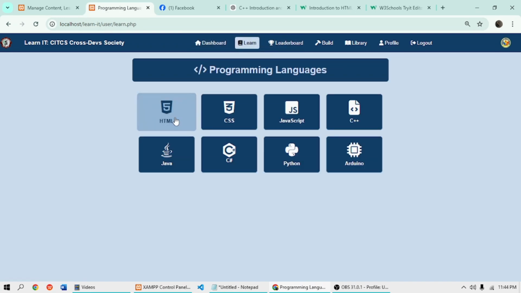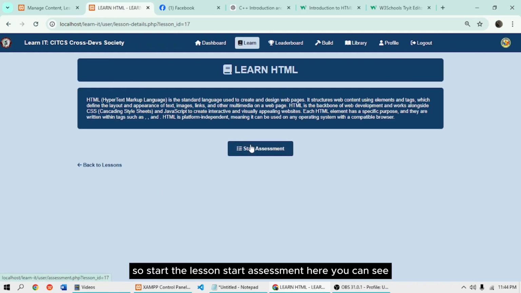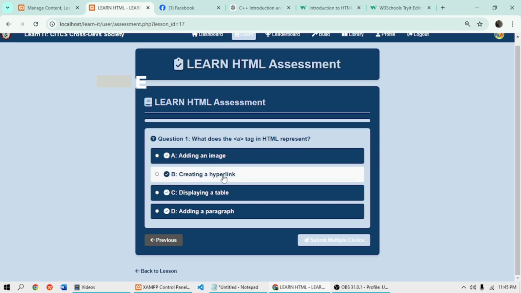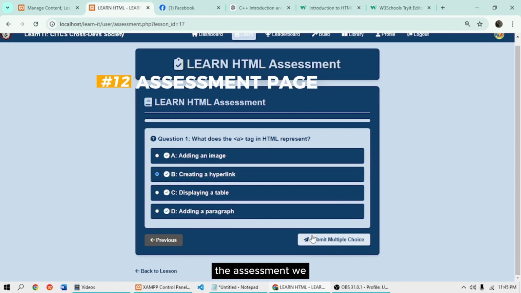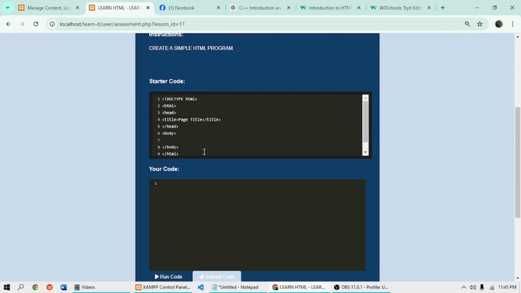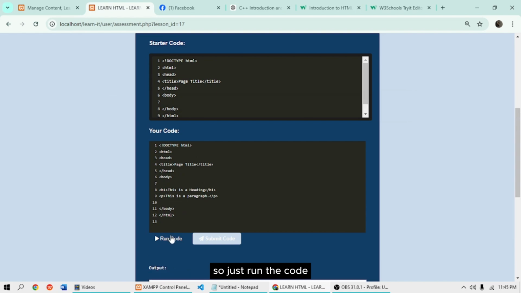So let's move on to the lesson. So start the lesson, start assessment. Here you can see the assessment we did earlier. So just run the code.